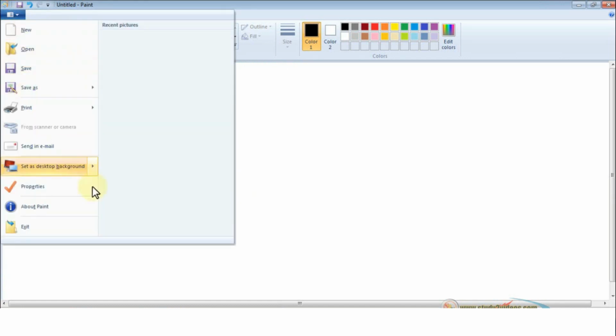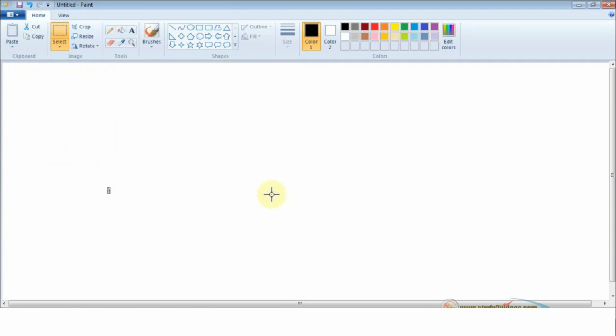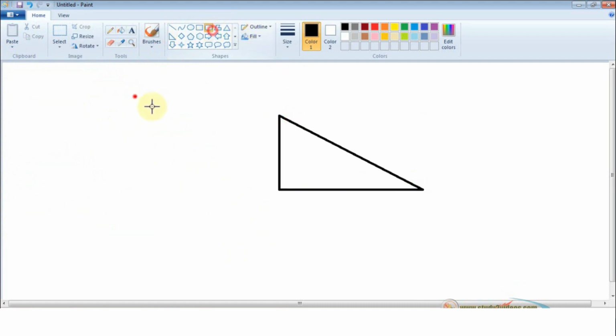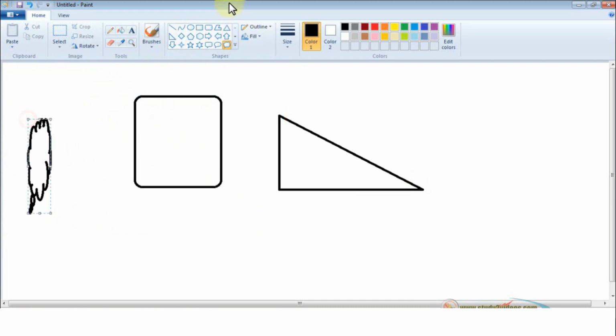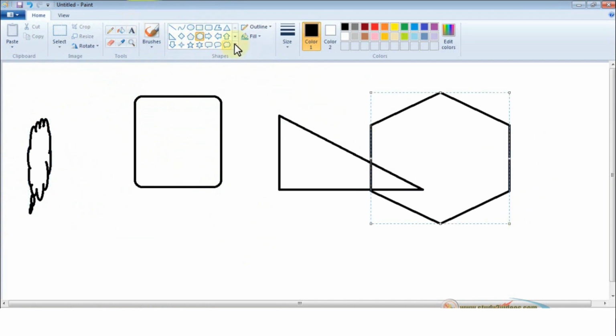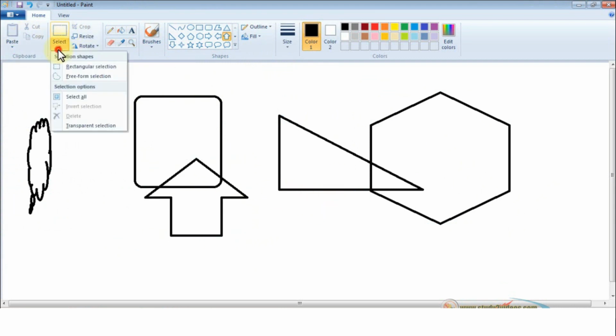Now let's see the difference between rectangle selection and freeform selection tools. Just bring all the shapes inside the drawing area, and let's see the difference. Go to selection and click on the rectangular selection tool.